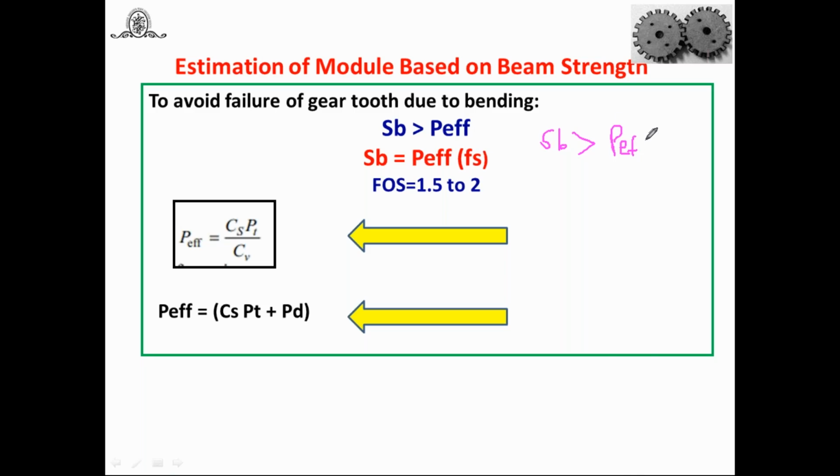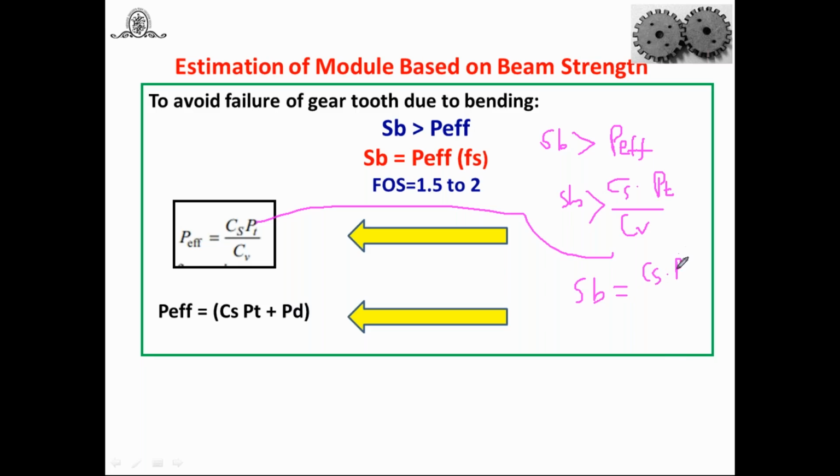And if they state velocity factor, which P effective? CS into PT upon CV. And again I am going to write SB is equal to P effective, that is CS into PT upon CV